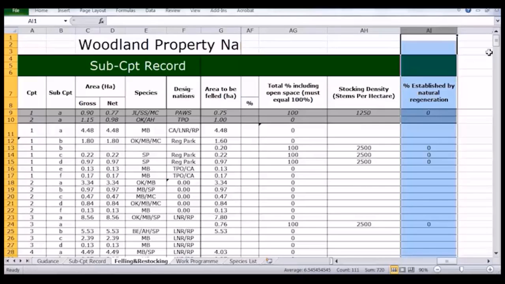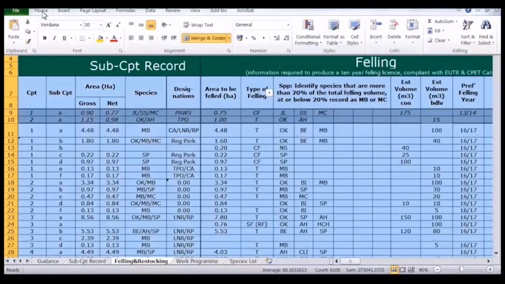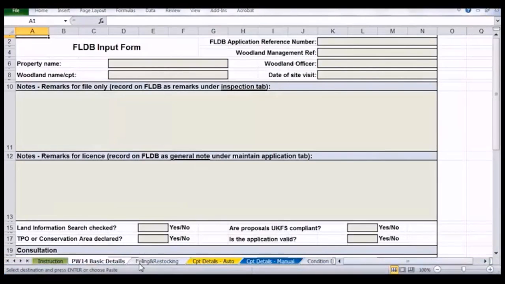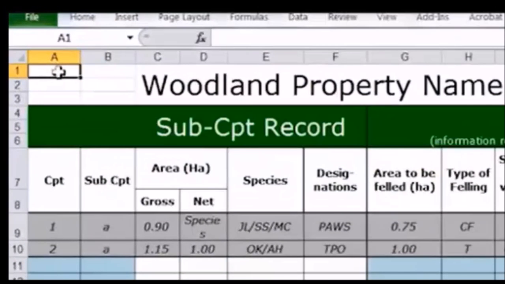If you're satisfied it is the correct template, if you're satisfied that the data looks okay, it looks like the information has been entered correctly, then we can start copying and importing it into the PW14. The best way of doing that is move across to column AI, select AI and all the way along to column A. It's best to go that way because you don't go flying off the edge of the screen if you do. And then I go to Home, I go to Copy, and then I need to go into the PW14, get myself to the Felling and Restocking tab, make sure that I'm in cell A1,